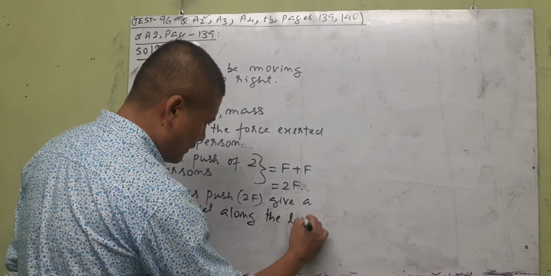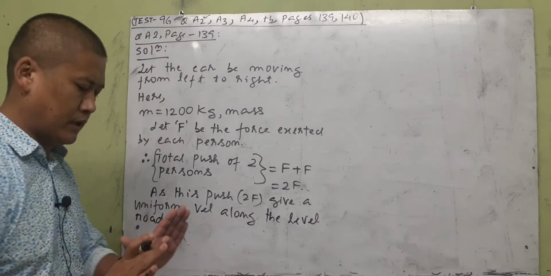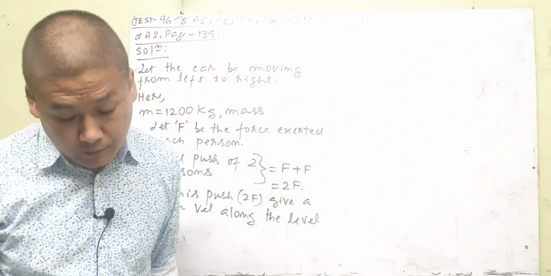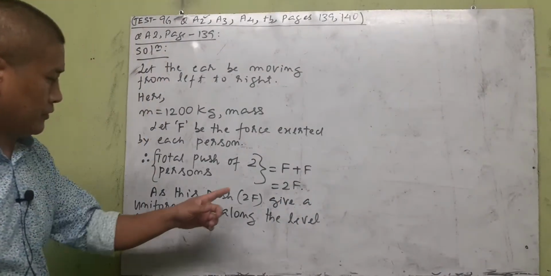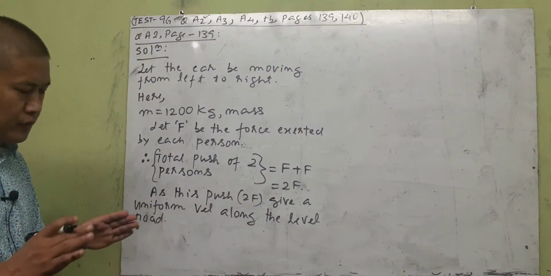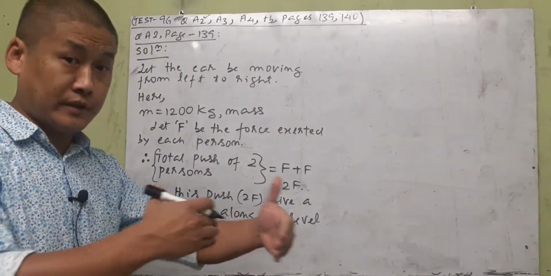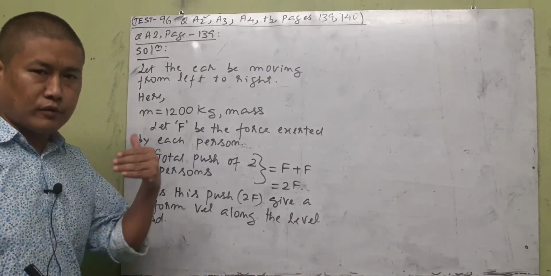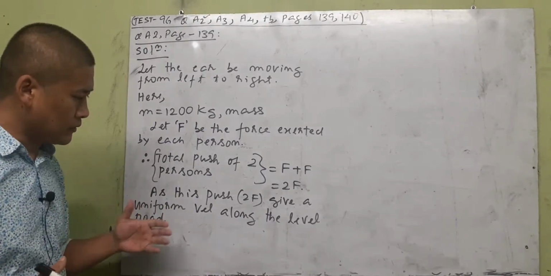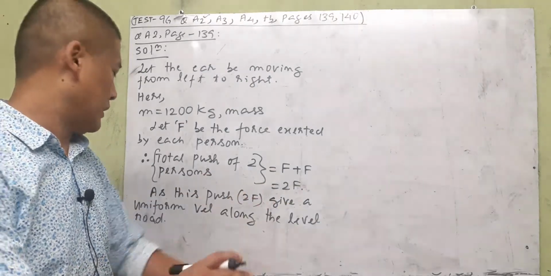Along the level road. You can see that in the question. When two persons push, the car starts moving, but it is with the same uniform velocity along a level road. As this push, 2F, gives uniform velocity along the level road, when two persons push, they are able to just push the car with uniform velocity. There is no increase in velocity, meaning there is no acceleration. Acceleration means increase or decrease in velocity. So since two persons with their full effort are able to push the car only with uniform velocity,